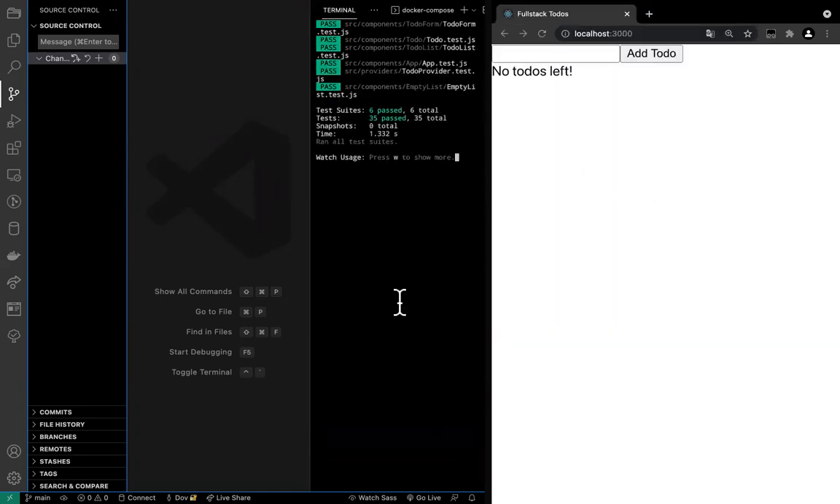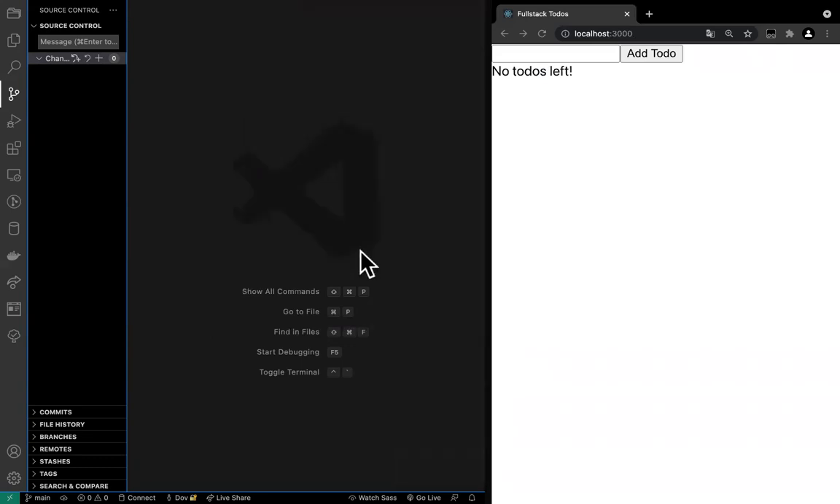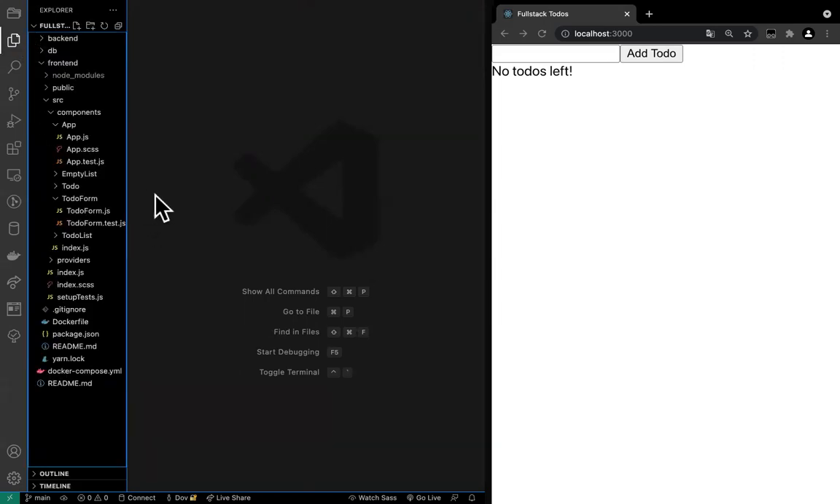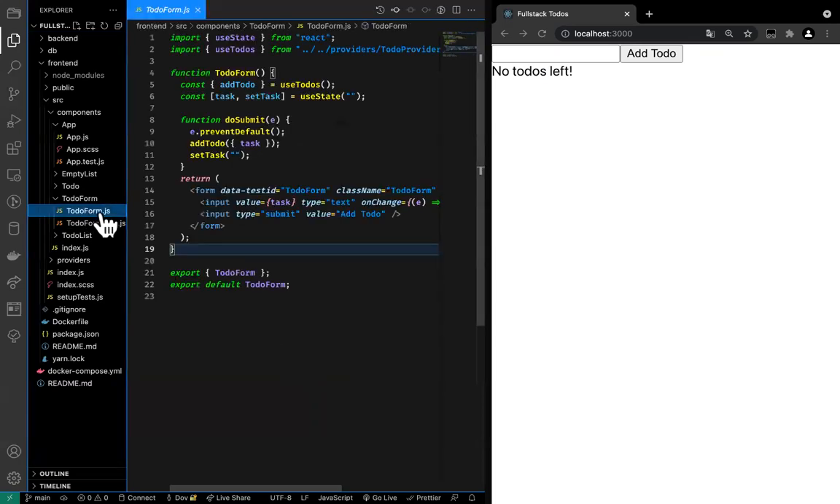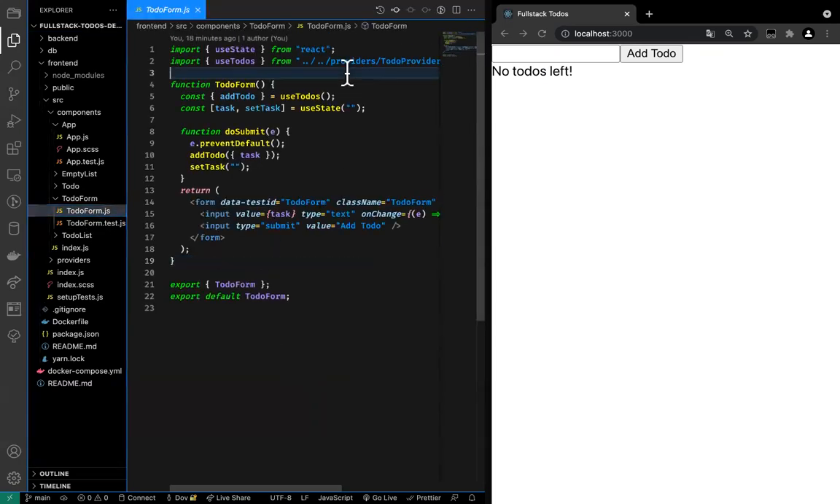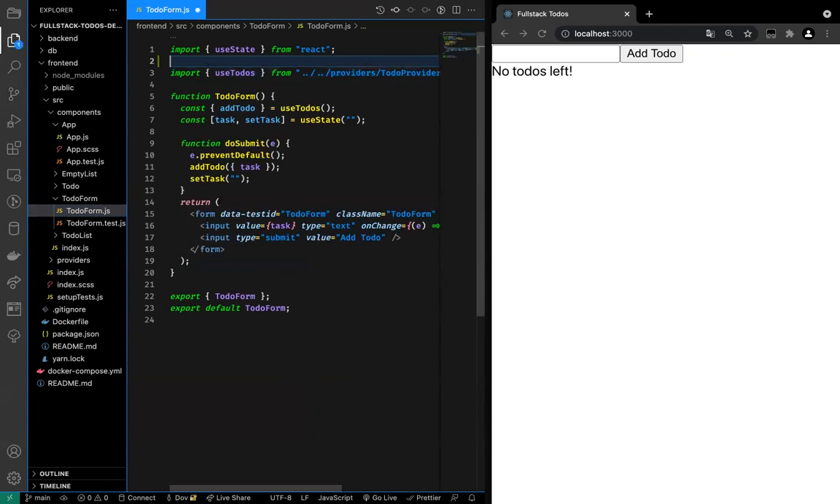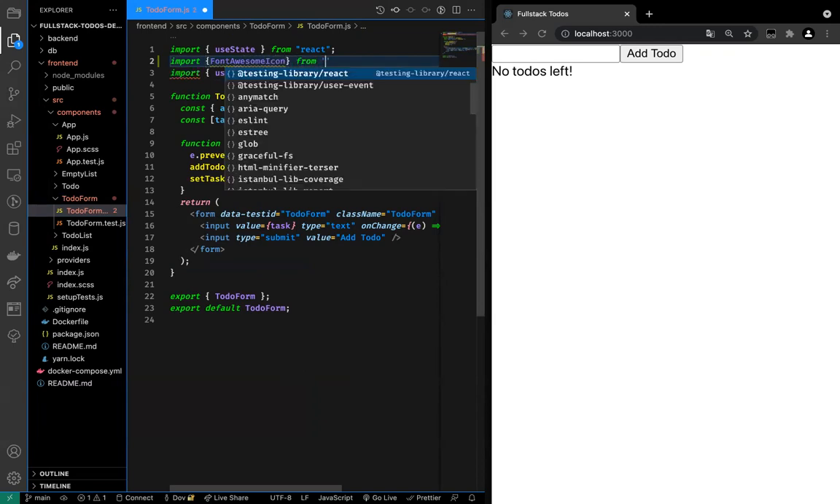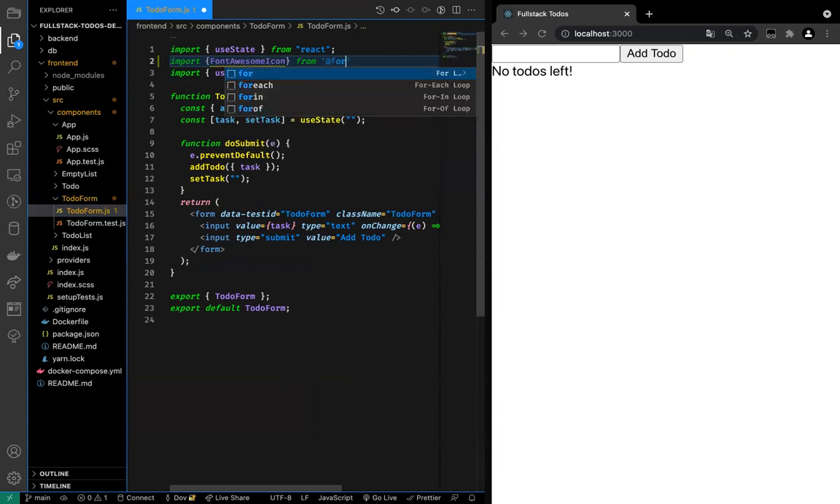The way Font Awesome works in React is you import a component and you import the icon or icons that you want to use, and then you simply use them as such. So here I'm going to do exactly that. We'll say import FontAwesomeIcon from, in this case, @fortawesome/